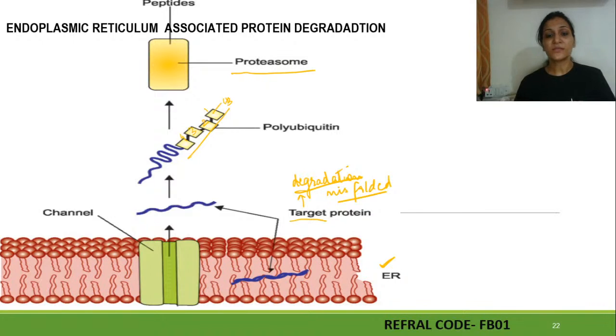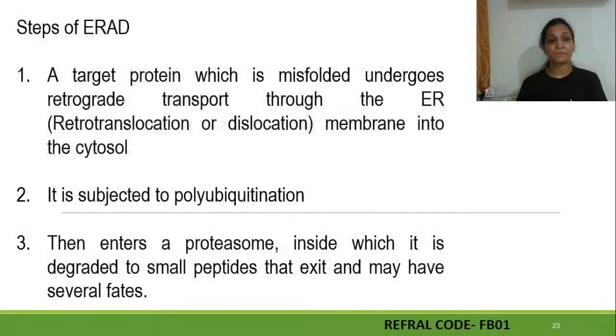So the proteins which are now in the intracellular environment, that is your target protein. And target, why? Because it is misfolded and it is now destined for degradation. It will join with certain ubiquitin, like over here you can see 4 ubiquitin molecules are bound at the end. When they are bound at the end, it gives the signal that now they need to be cleaved, and they will enter into a proteasome assembly and be further degraded, right?